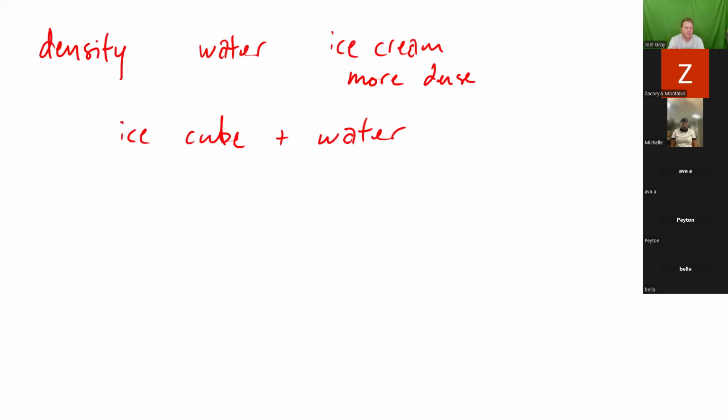When you put an ice cube into a glass of water, what happens to that ice cube? If you can, add it to the chat. An ice cube's going to float. And it's going to float because the ice cube is less dense